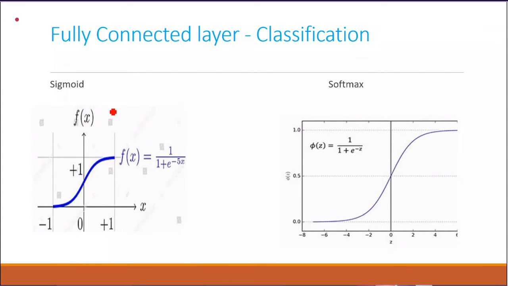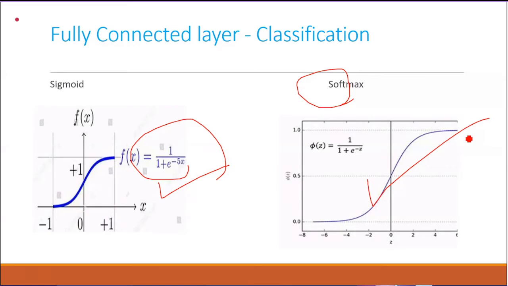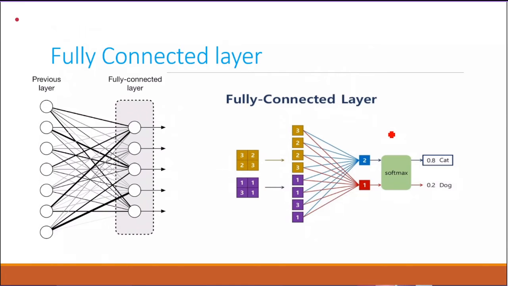How is the probability applied? With the help of the sigmoid function, 1 divided by 1 plus e to the power of minus x. Sigmoid is applied for binary classification, and softmax is applied for multi-class classification. The sigmoid does not handle many negative values, but softmax processes negative values and sometimes negative background images. For multi-class classification we get probability values, and the cumulative probability has to sum to 1 finally.